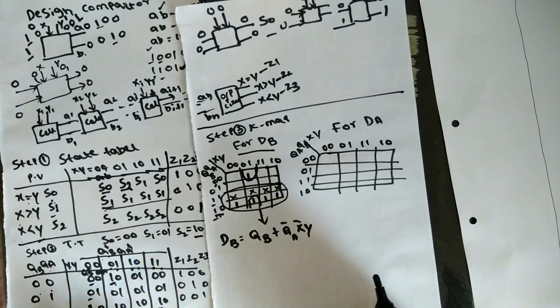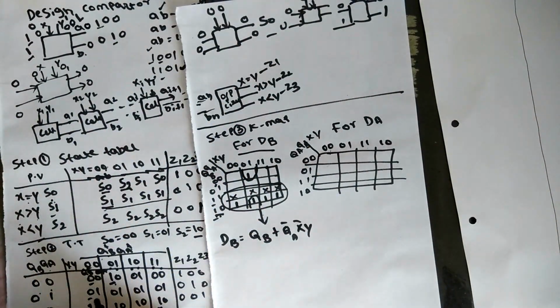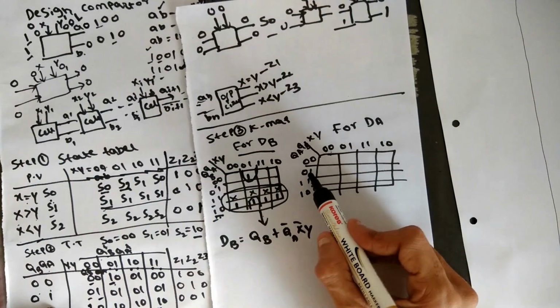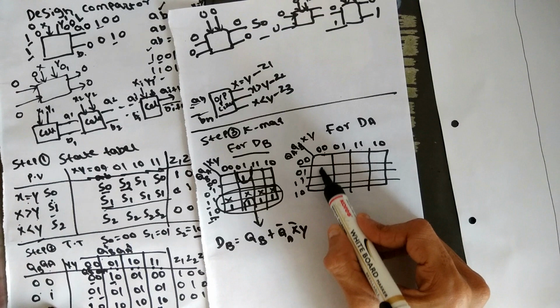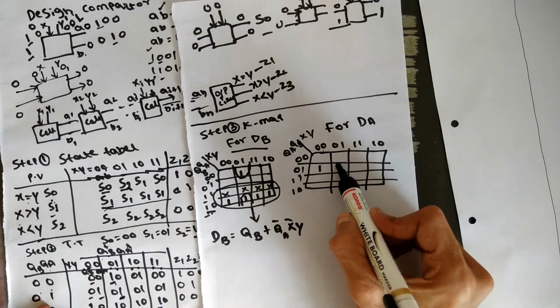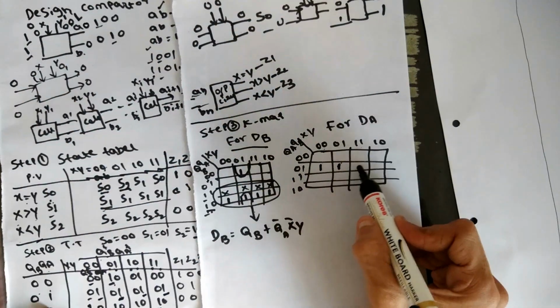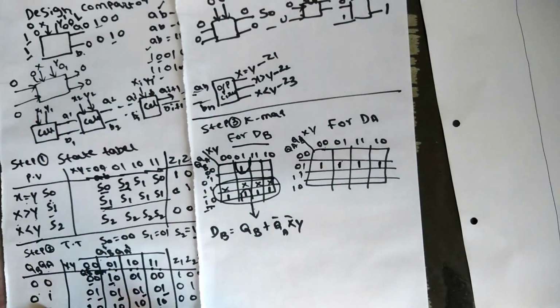So what happens to this DA wherever QA is high? The second portion here is high, so 0 1 0 0, it is high. Next it is high at this portion, which is nothing but 0 1 0 1. So 0 1 0 1 is high, and in all this portion when it is 0 1, make it high in all the positions.